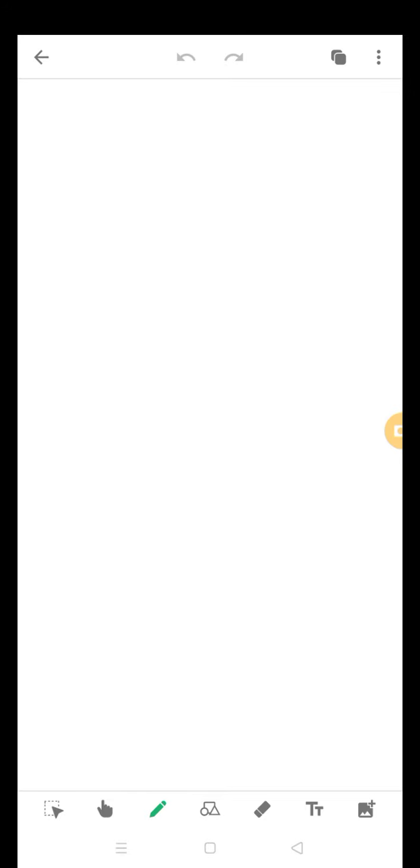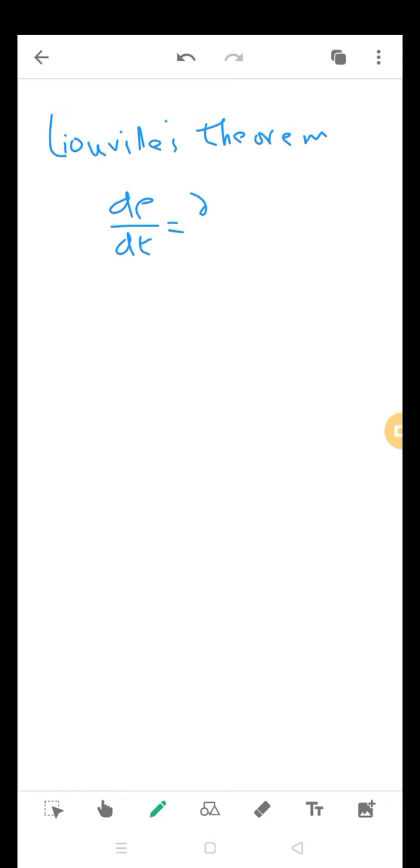Hello students. So in the last class we have studied about Liouville's theorem, which says that the rate of change of the density function is equal to del rho by del t plus